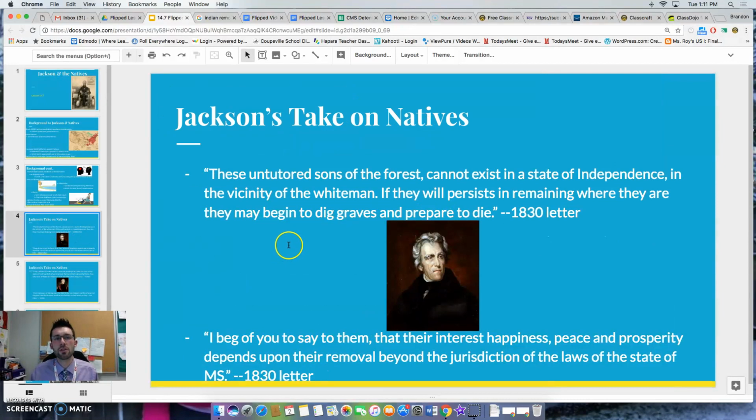Let's move on now to Jackson's take on natives. I have for you four different quotes of Jackson from letters he wrote to various people. He wrote some of them to different men who were in charge of representing the government to the natives. Some of them he wrote to friends, to advisors. Instead of me just reading it, because that's going to be boring, I'm actually going to have Jackson's speechwriter come and say it. I'd have Andrew Jackson come and read them to you, but that's silly because Andrew Jackson's dead. One moment, please.